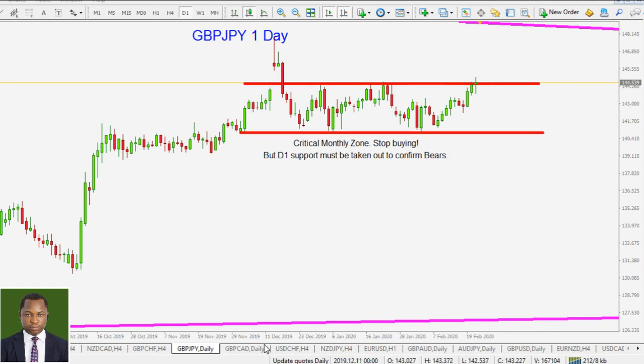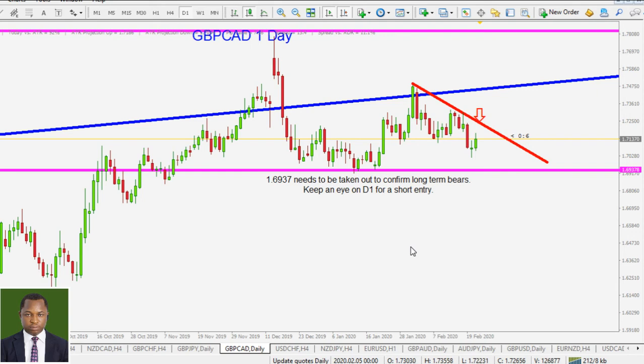All right, let's move on to the next one, the sterling pound against the Canadian dollar. This is another sterling pound pair. Like I said, the sterling pound is looking technically weak, and so we want to begin to take advantage of that. In the sterling pound against the Canadian dollar in the daily time frame, we are seeing a situation where